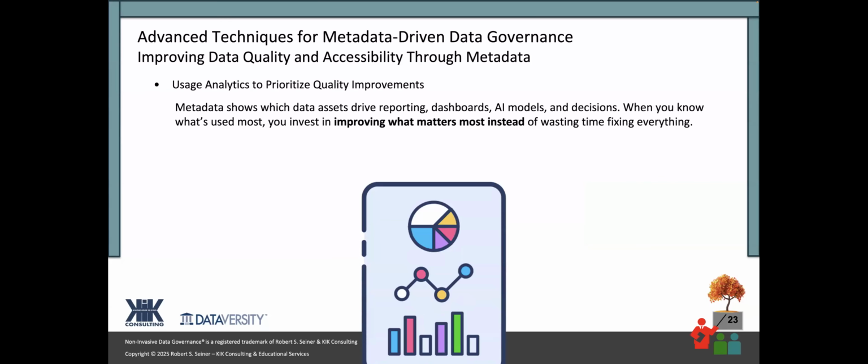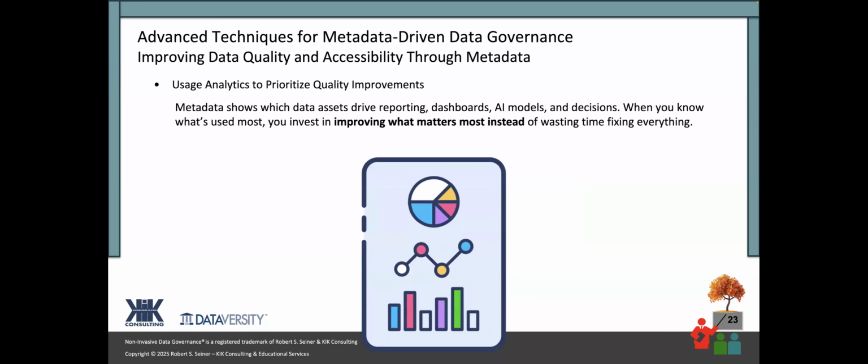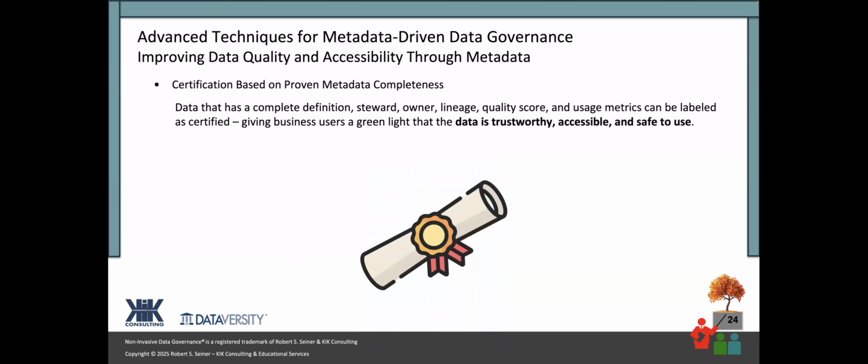And then using the analytics to prioritize quality improvement. I keep saying there's a lot of metadata beyond just the traditional metadata that a lot of people store. The better job we can do of managing that metadata, the better job we'll do of improving the way people are using data, and understanding how people are using data and what data they're using. That's really important. Another way to improve quality and accessibility is to use these analytics to hone in and focus on those areas where you can make the biggest improvements.